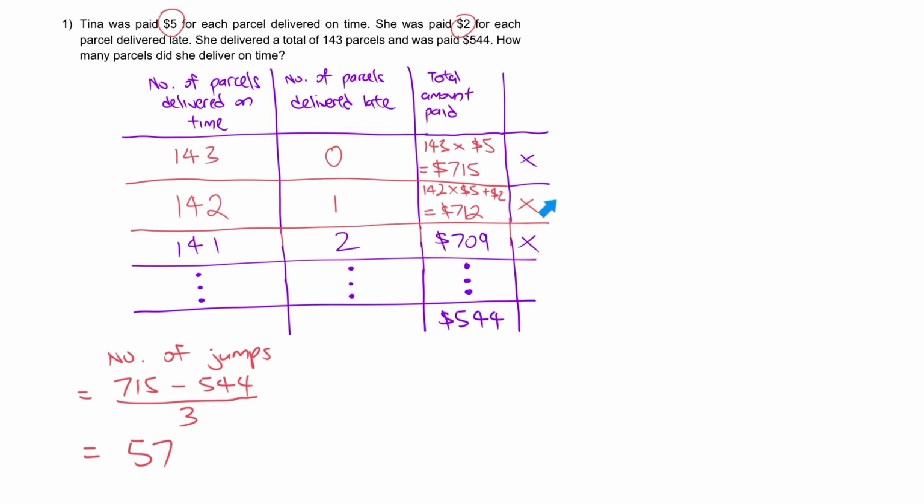That means you can imagine there are 57 rows of this. You do not need to write it all down, but because of this systematic listing, you know that I need to do 57 times to arrive at 544. Then how do I fill in the numbers here? I know that if I do it once, I jump once, this is 1. I jump twice, this is 2. So if I need to jump 57 times, it will be 57 here. And if it's 57 here in total, there must be 143, isn't it? What is the number here? It would be